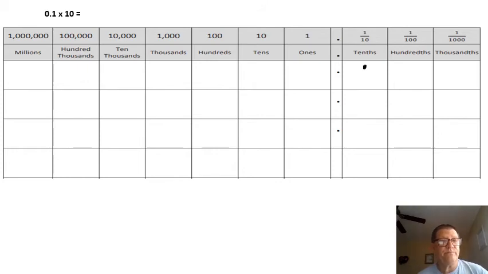Let's try something. I'm going to put a 1 right here. There's my 1/10. Okay, and I'm just going to put a 0 behind it because I multiplied by 10. Did I really change the value? We know when we multiply by 10, the digit should shift one place value to the left. Did the digit shift one place value to the left by adding a 0? No, it did not. Okay, so some of you are going to do that. I really hope not, but